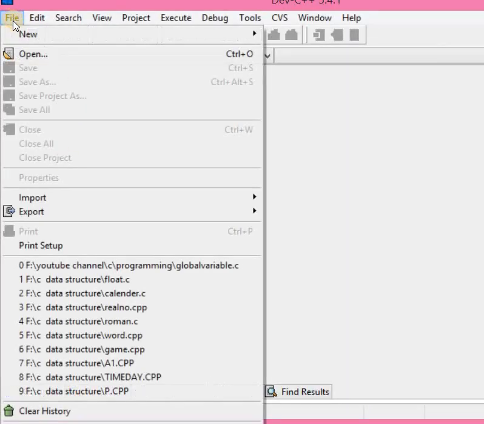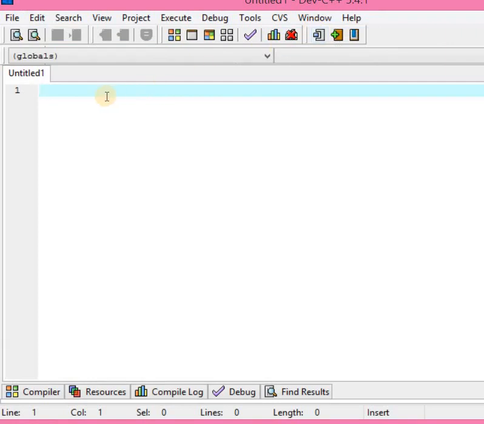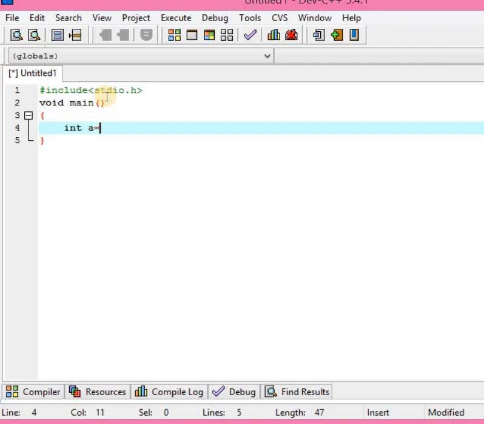File, go to new, source file. First we write #include stdio.h. After that void main. We don't have to return 0 because we are using void main. int a equals 100 semicolon.